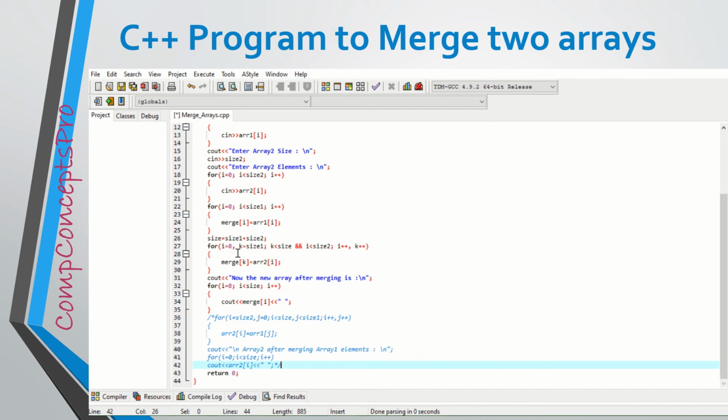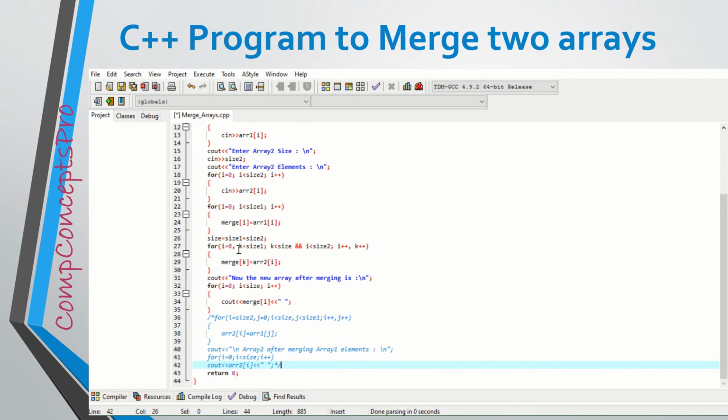So I will start from 0 and this k we are using for the third array, which is the array merge. And here in this for loop, we have already copied the elements of array 1 into the array merge. And here we are copying the elements of array 2 into the array merge at the end of array merge.